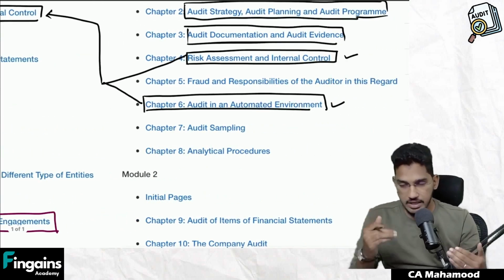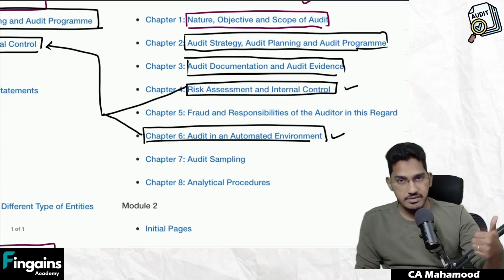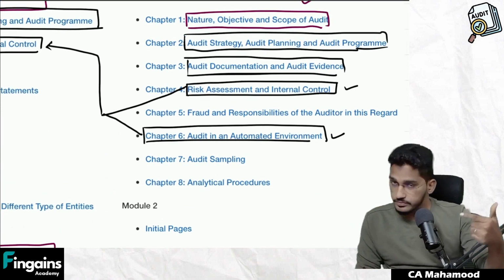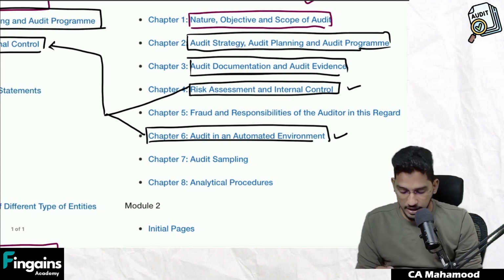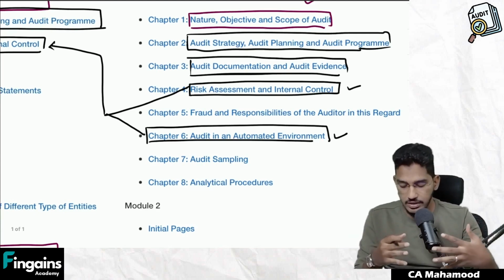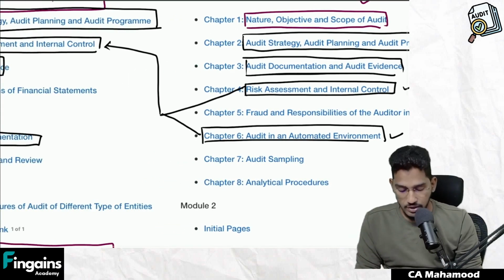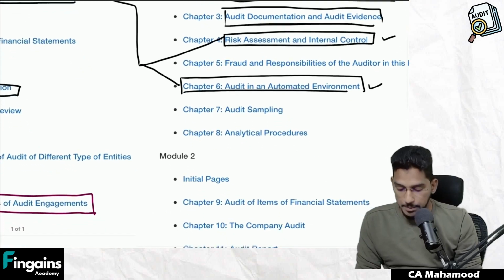So earlier, under the old scheme, we used to have two different chapters: risk assessment and internal control, and audit in an automated environment. Now both the chapters are clubbed together, and everything has been included in the chapter called internal control. Now apart from that,